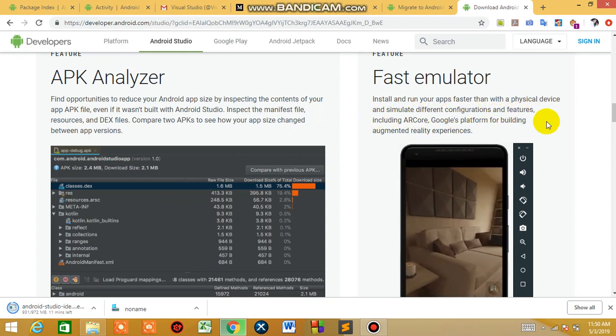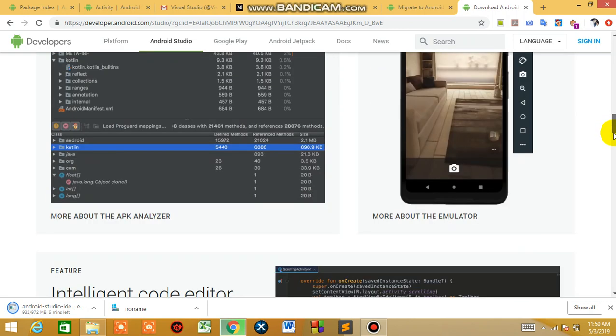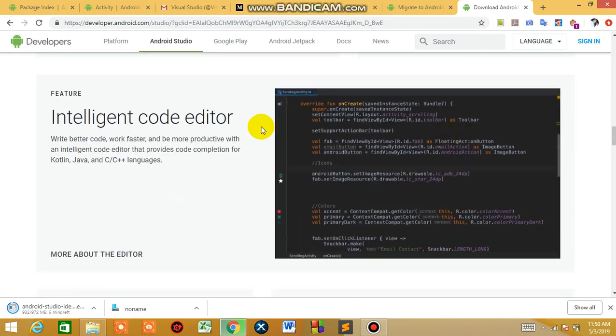Also we have an intelligent code editor in Android Studio. Sorry, not Visual Studio, Android Studio. Write better code, work faster, and be more productive with an intelligent code editor that provides code templates for Kotlin, Java, and C++